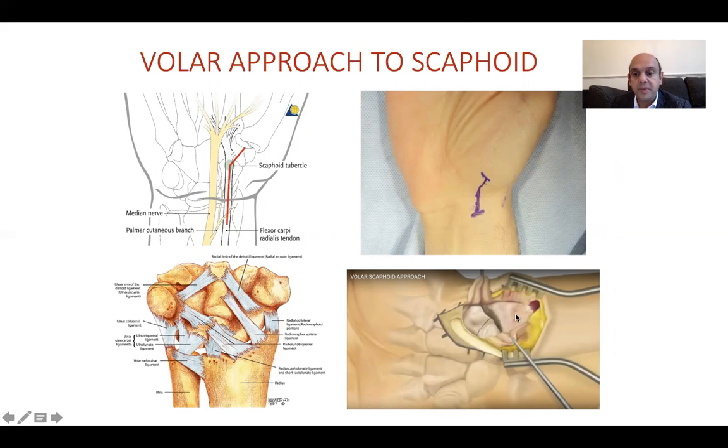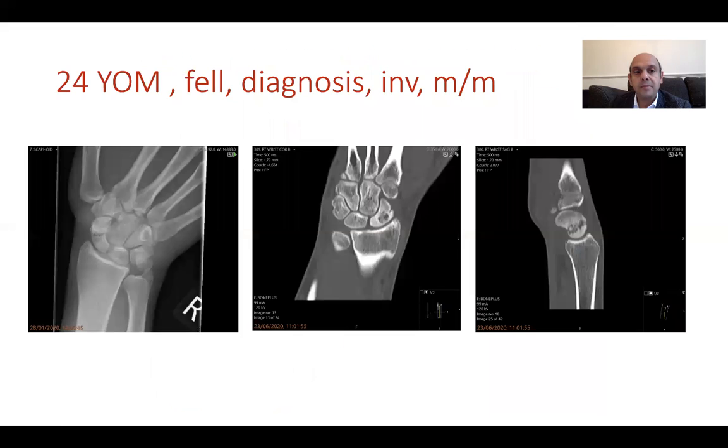Now, if you see this picture, so let's see the incision here. This is how I would do it. You need this much incision to put in your screw in an acute injury, not in a non-union work. And all you do is go straight through skin, fat, through the capsule right onto the bone. So your radioscaphoid ligament is divided in half. But when you repair your capsule in the end, it'll heal up.